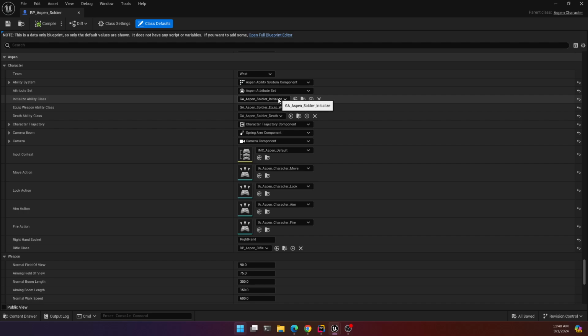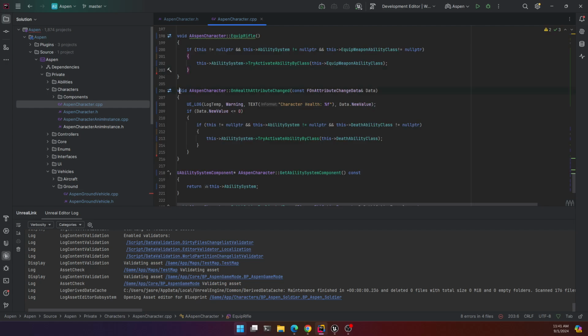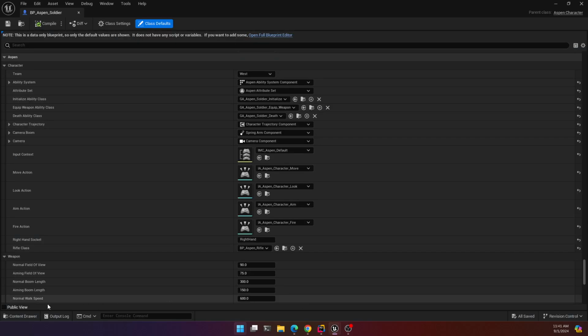I've got an initialize ability set there, and equip, same thing, and then death, same thing. So the death triggers when your hit points reach 0. Basically I have this on health attribute changed event hooked up, and if the value hits 0, it'll activate the death ability. And if I take a look at these abilities,